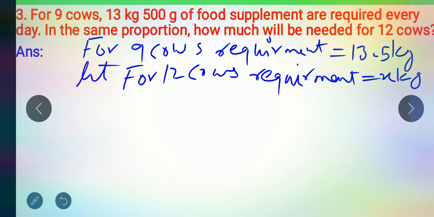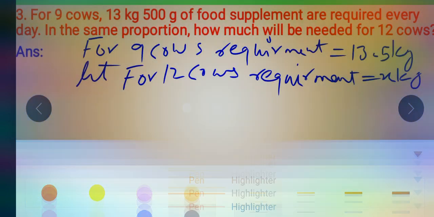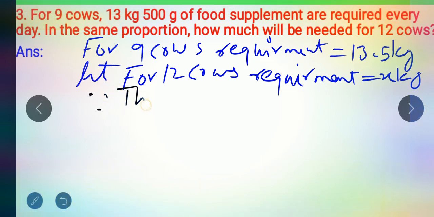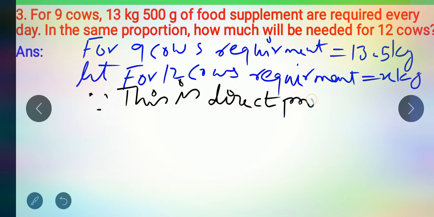For 12 cows the requirement is equal to x kg. So students, here since this is direct proportion,